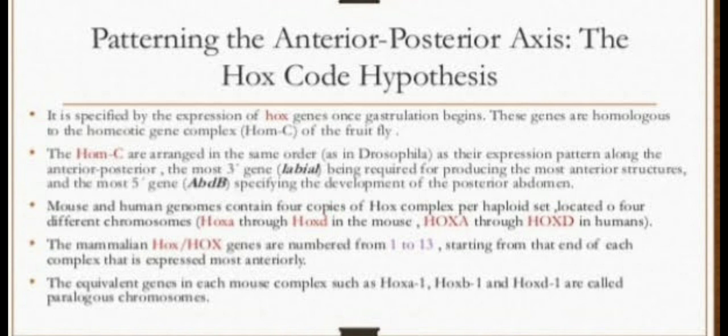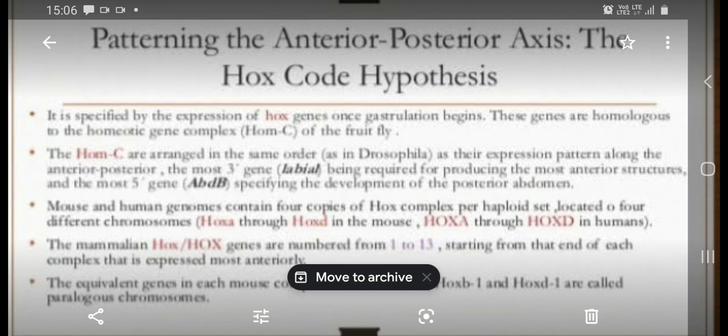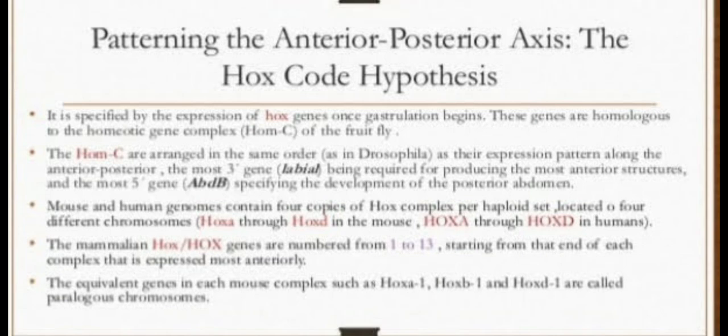The equivalent genes in each mouse complex, such as HOXA1, HOXB1, HOXD1, are called the paralogous genes. और वो क्रोमोसोम्स जिनमें जीन्स प्रेजेंट हैं माउस कॉम्प्लेक्स के, तो उनको नाम दिया गया है स्मॉल लेटर्स में Hoxa1, Hoxb1, Hoxd1। मैमल्स या ह्यूमंस के अंदर ये कैपिटल से हमने एग्जिबिट किया था, ह्यूमंस में कैपिटल में और माउस के अंदर स्मॉल में।